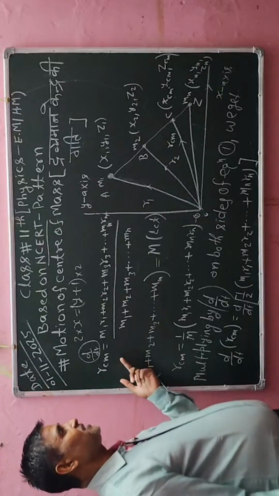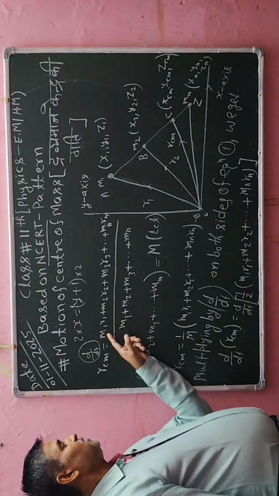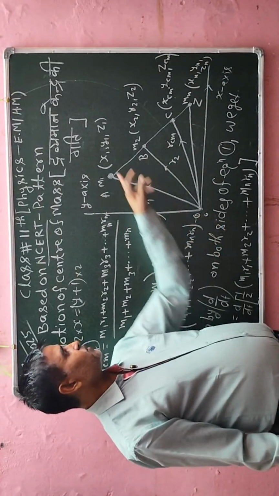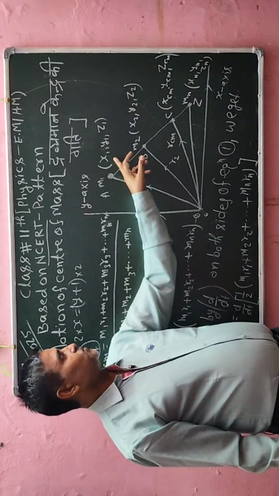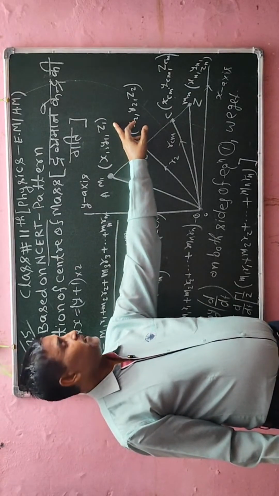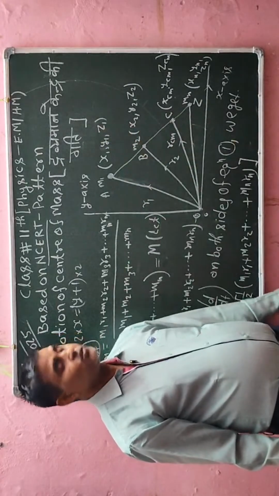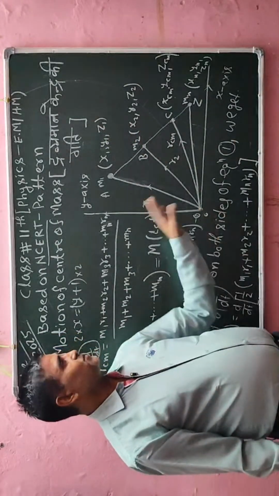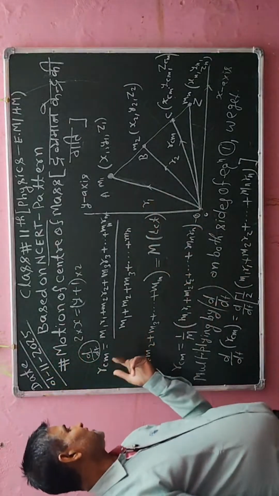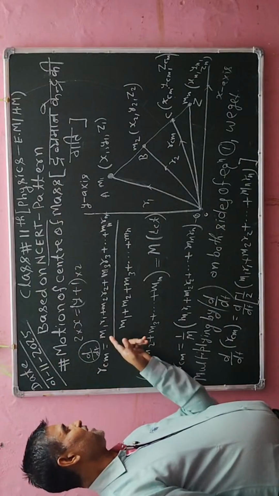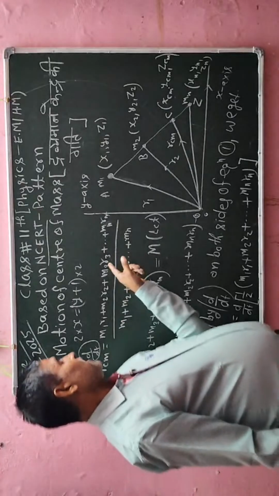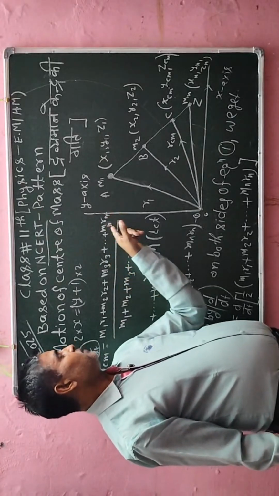उस वैल्यू को कैलकुलेट करने के लिए हम rcm लिखेंगे m1 इंटू r1. r1 जो होता है OA वेक्टर है, r1 वेक्टर को यहाँ पर लिख सकते हैं x1 वेक्टर i कैप प्लस y1 वेक्टर j कैप प्लस z1 वेक्टर k कैप. सिमिलरली सभी वेक्टर को लिखेंगे जो स्टैटिक के क्लास में ऑलरेडी एक्सप्लेन किए हैं. ओके, सो उन डाटा को सबको लिखने के बाद हम लिख सकते हैं कि सेंटर ऑफ मास ऑफ ऑल ऑब्जेक्ट विल बी एज m1 इंटू r1 प्लस m2 इंटू r2 प्लस m3 इंटू r3 प्लस एंड सो ऑन